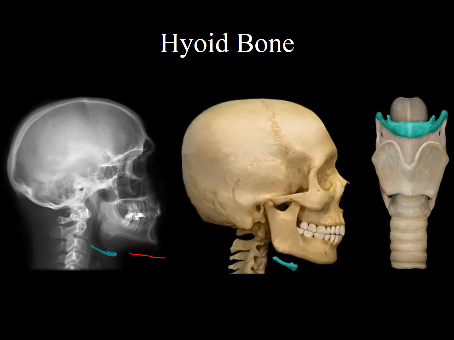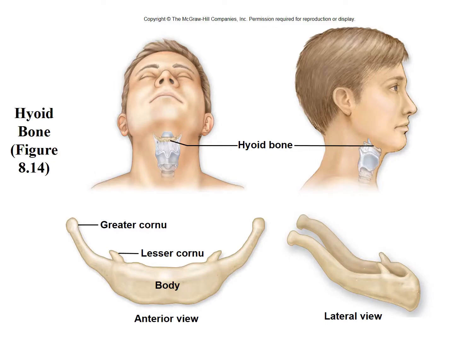So on this view here, we're looking at the hyoid bone on X-ray, and this view here shows the hyoid bone as it sits superior to the thyroid cartilage. For our lab purposes, we're just going to identify the hyoid bone, but if you were interested, there are some